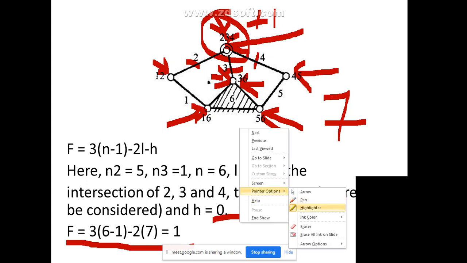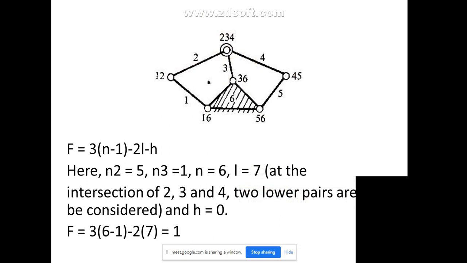So don't consider the links which are having only, you have to consider the number of links joined together. So here 2, 3, 4 are the 3 different links, whereas here this is entirely only one link. The 6 is entirely one link. So don't consider this as a separate link, this as a separate link, and don't take it as 3. Here also don't make this mistake. This is also a connection from only 2 links, not 3.